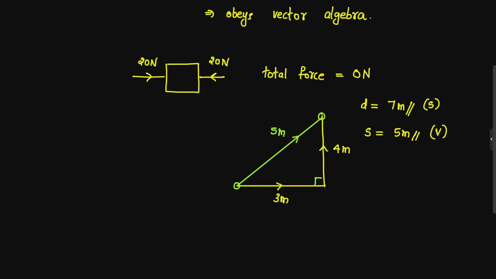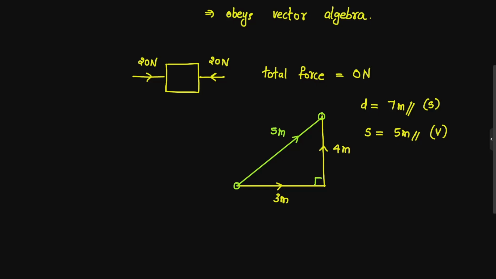So you can simply forget about the definition. Scalar quantities have magnitude, vector has a magnitude and direction. It is not like that. Scalar quantities means it will obey normal mathematics. Total value means you simply add each quantity. But vector quantities, if they ask you total value, or in other words in physics we call resultant value, they ask you resultant, what you have to do purposefully is to learn vector algebra and do that resultant by using vector addition. That is your purpose.